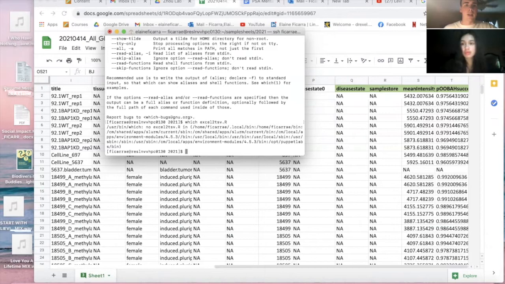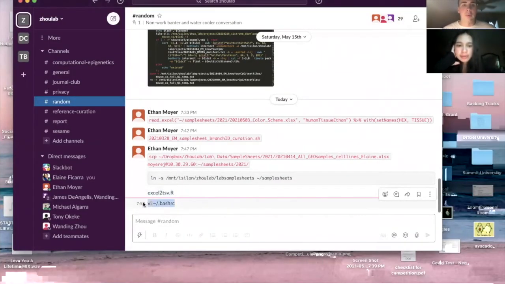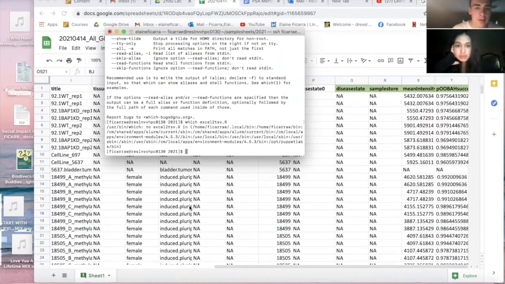Okay, can you do, you'll learn it easier. Can you do this? I sent it in Slack. So we're opening up something called the bashrc file, and that should have information about